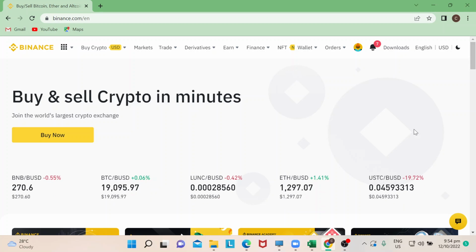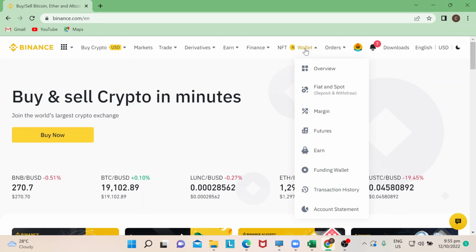Today I'm going to show you how to withdraw from your Binance to your bank account. Let's start. You can do this in the Binance app installed on your smartphone, or via binance.com on your desktop. What we have here is our dashboard, given that we've already logged into our accounts after answering all the authentication process. When we withdraw, we actually go to Wallet, so just hover your mouse right here, and then